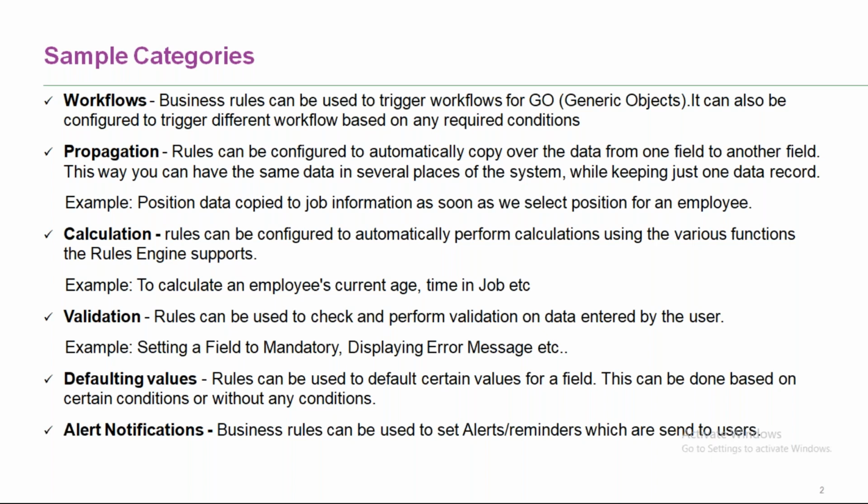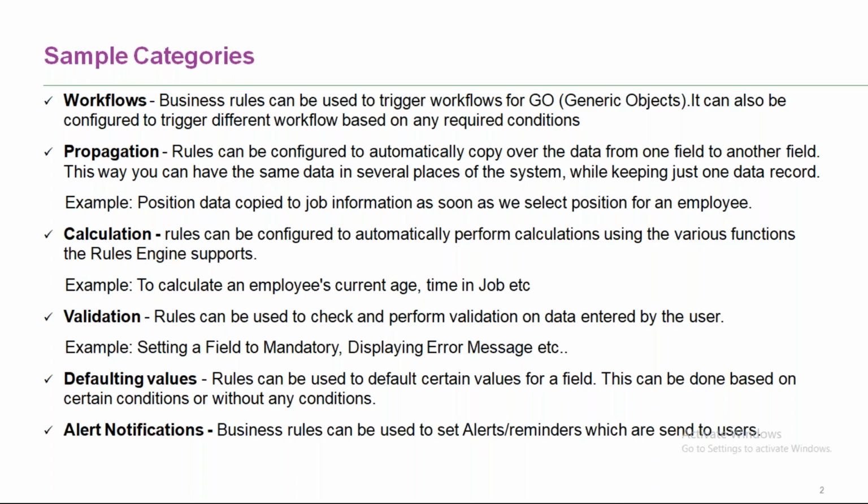Next is your validation rules. Validation means the system doesn't know things like, if you have selected in the personal information the gender as male, and you are selecting the salutation as Mrs. You have selected gender as male, but you have selected salutation as Mrs. The system should not allow that, but the system doesn't know for which values you should have Mr. and for which values you should have Miss or Mrs. Because it is just a value, it is just a pick list.